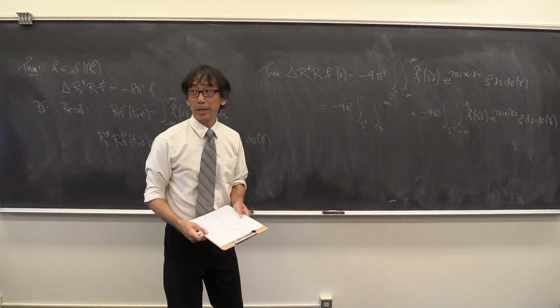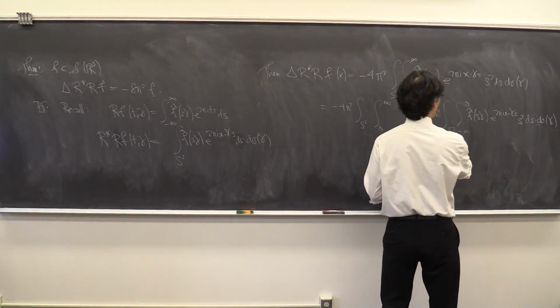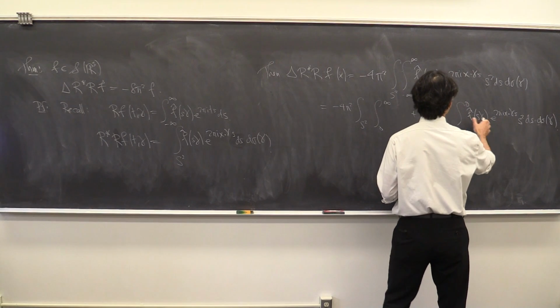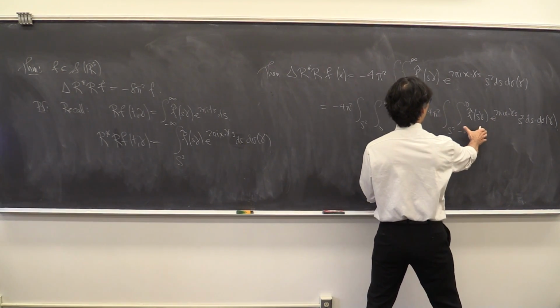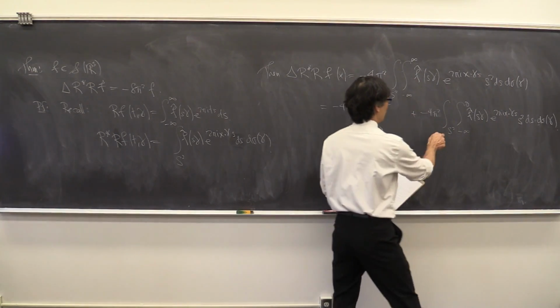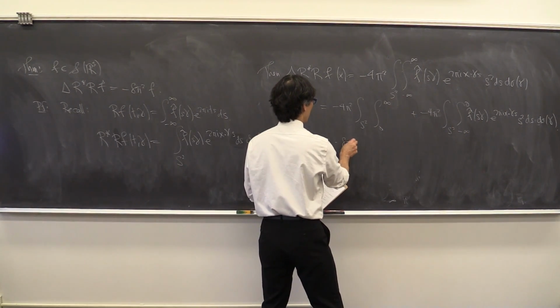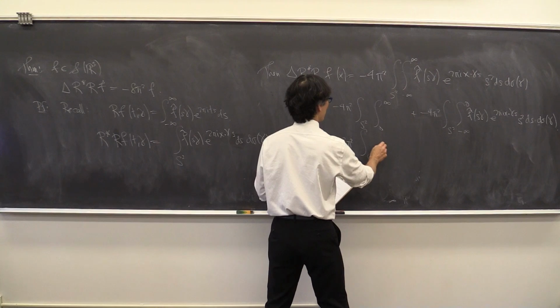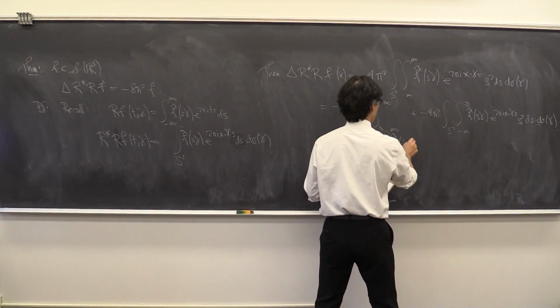And then it's just calculus from here on. So you do a change of variables, and you end up with the same thing. So you end up with negative 8 pi squared, the integral of s squared from 0 to infinity,